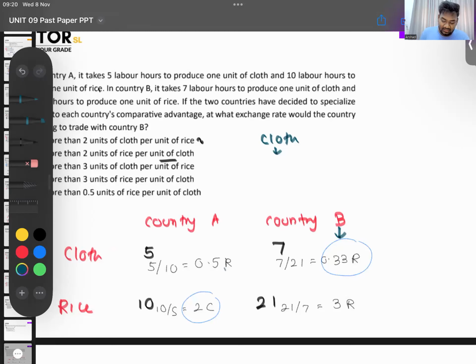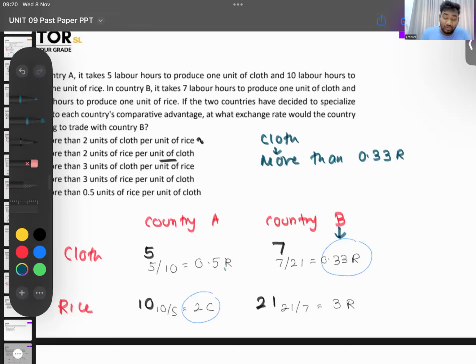This is rice. Opportunity cost is given in terms of the other good. Then country A, how much will they be willing to pay? In their country, one cloth is 0.5 rice. They will be willing to pay